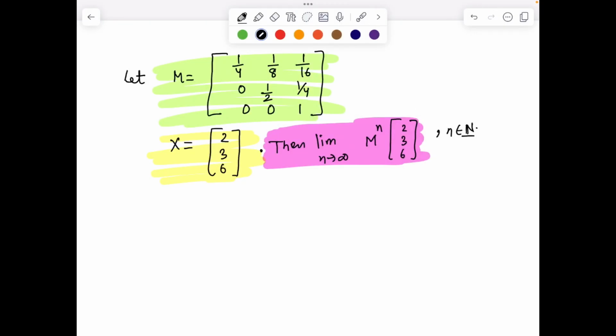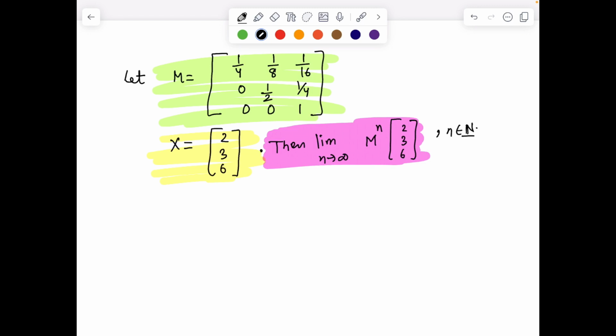Good evening all of you, and here is a mixed problem of limits and matrices. Usually you will see in the sequence of matrices, higher power of matrices is asked, and it's one of the good problems where the basic idea of limit is combined with the idea of matrices. So let's go about it.